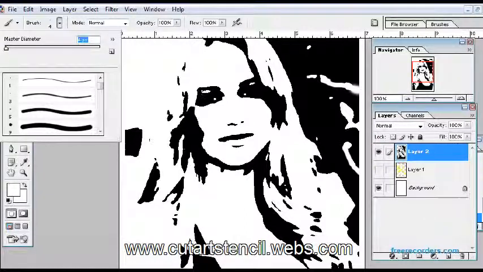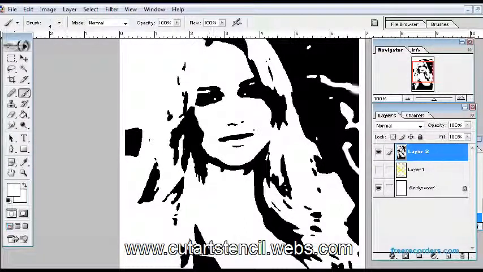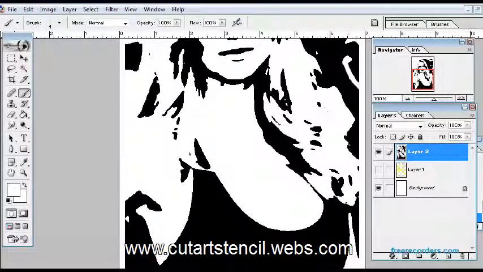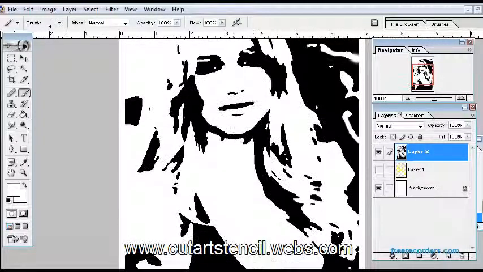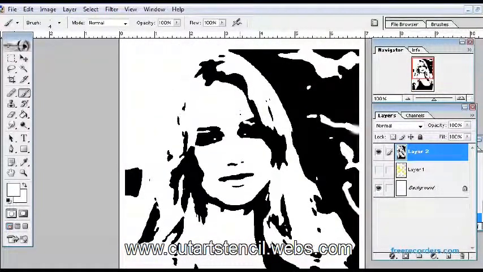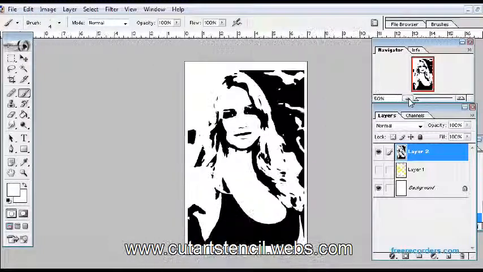Choose a small brush size from the brush size tool, as I just did, so that you don't get too big islands on the facial features which compromise the quality of your stencil and the printed image. So here I have created some bridges for all the important features. Also, if there are very long continuous black parts, create some bridges to break them down so that your stencil is strong, and that's how you make a good stencil. So this is a perfectly printable and usable stencil design.